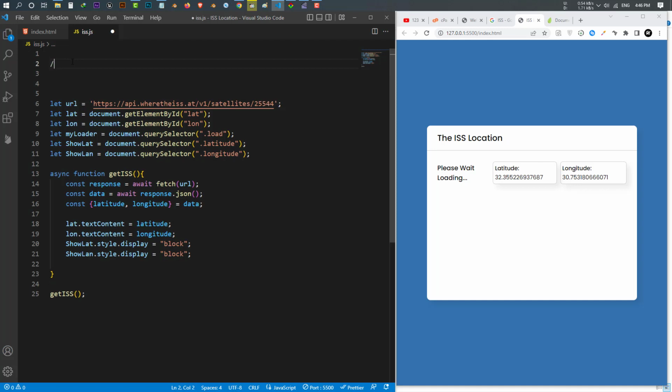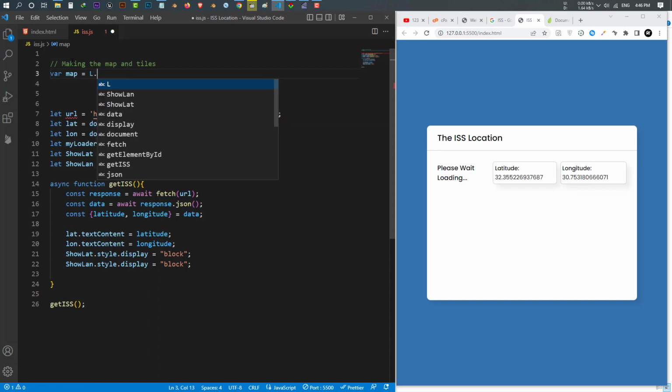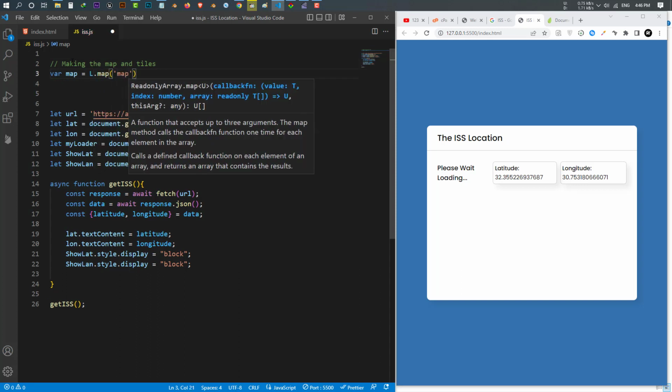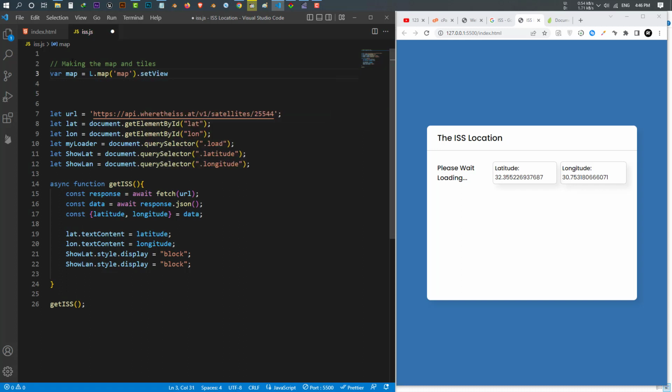To make the map, I write a comment here, making the map and tiles. First we make a variable, call it map, which is equal to L.map, and then map.setView, and inside this one we have an array of 0, 0,